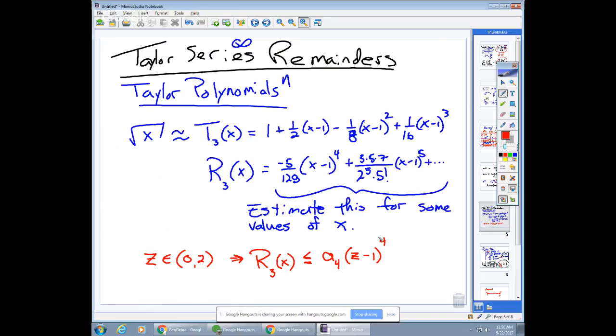Now, finding that number is a problem, right? That's generally not that easy to do. And so what we rely on instead is we take a look at the nth derivative of the function. So we would look at the fourth derivative of our function. And what we would try to find is, looking at the graph of the fourth derivative in our interval, we would try and find some maximum value. And that's basically what this is saying right there. And if we can come up with some maximum values, what they call an upper bound,